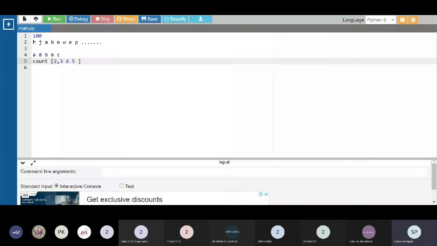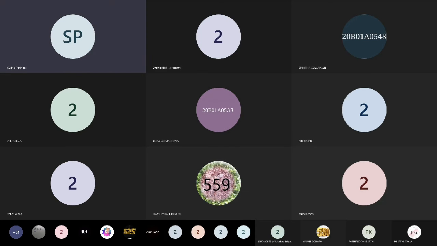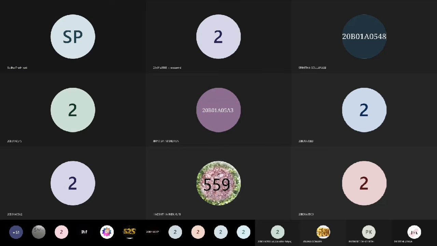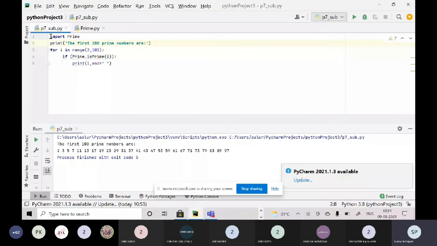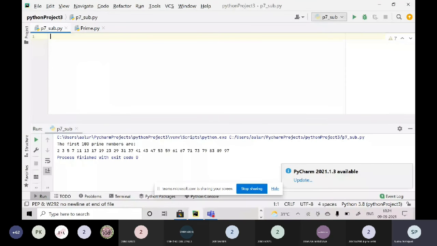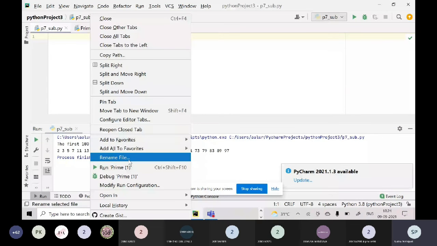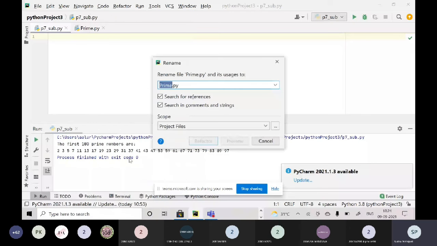Okay, first we'll write a module which will generate the 100 lowercase characters. I'm using PyCharm. What is the name of the module, Andy? According to the problem statement, it is random character module. So I'm saying random_character.py. This is what I have created as a module now.